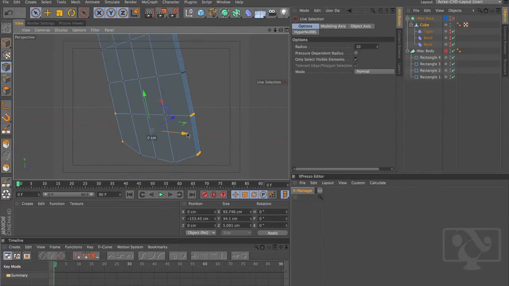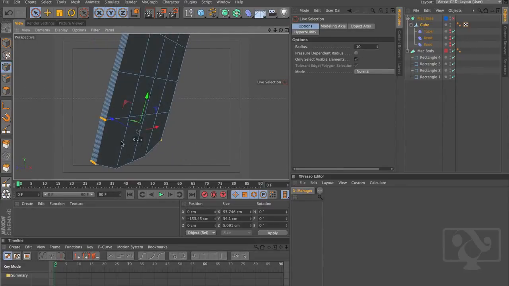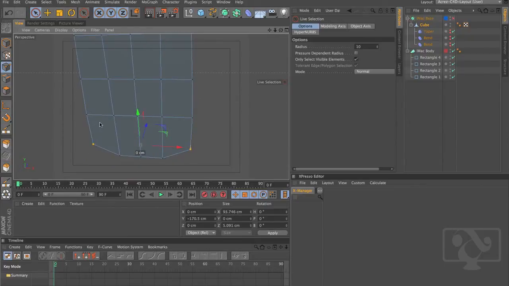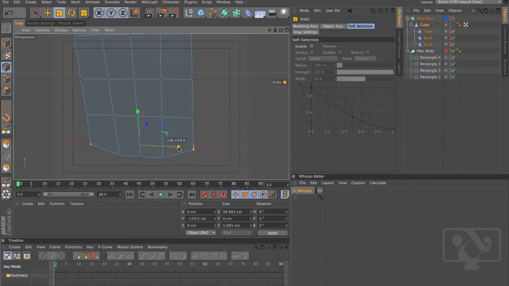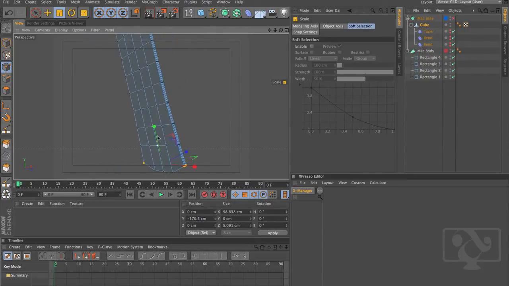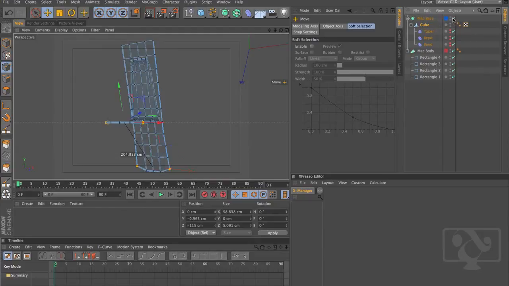and then once again hit spacebar, hold down Command or Control if you're on Windows, and we're going to deselect these points on both sides, and then hit T on the keyboard and increase these on the x-axis just a tiny little bit. And if you hit E on the keyboard just to get back to your move tool, and we turn back on the hyperNURBS object,